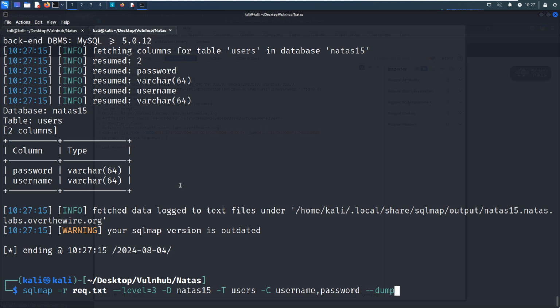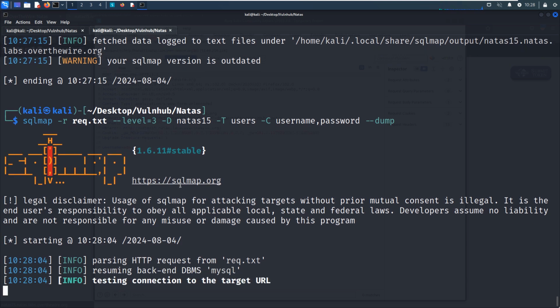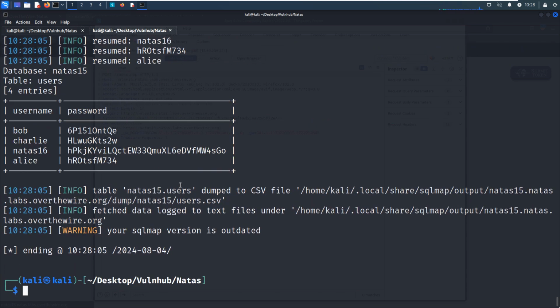So this is the reason I use the uppercase C option. Okay, now we can dump. As you can see, we successfully retrieved the password for the next level, and we can copy it